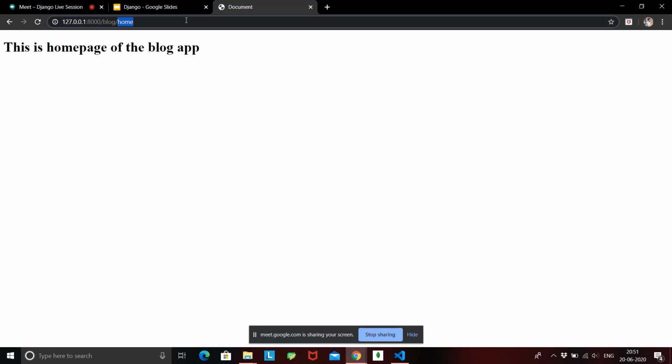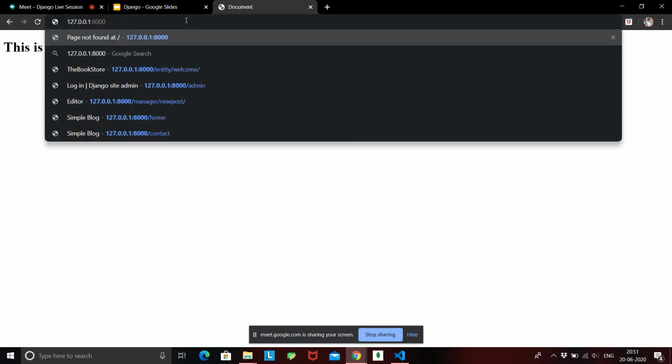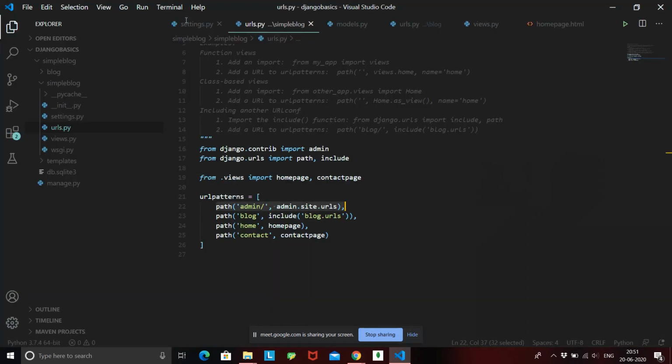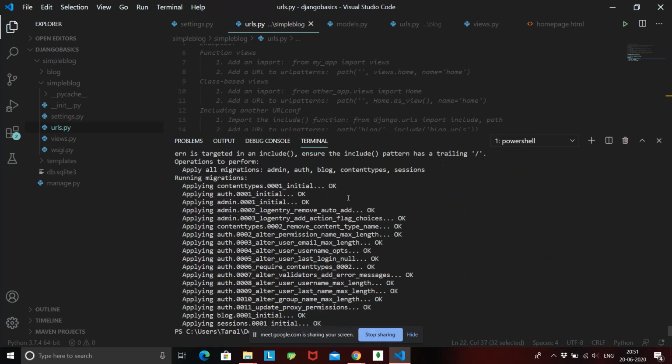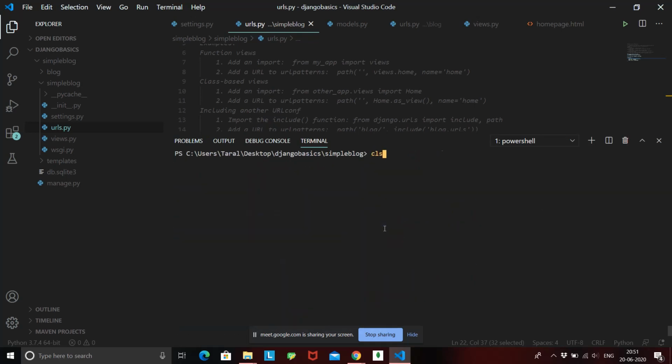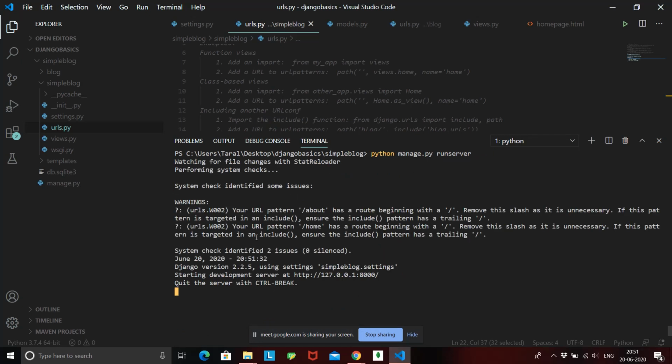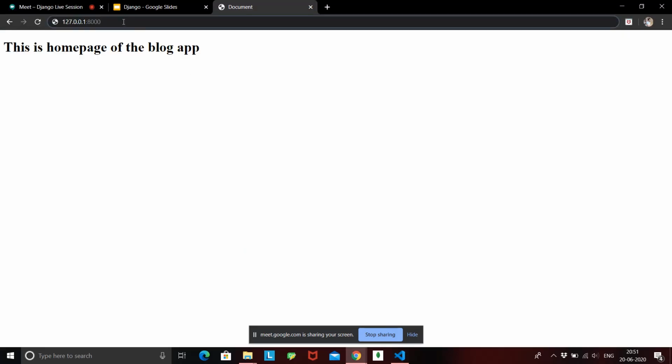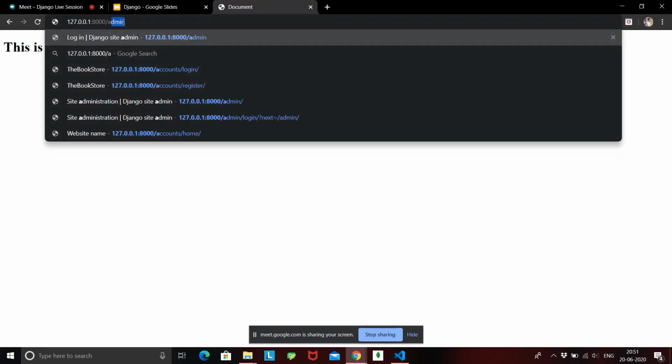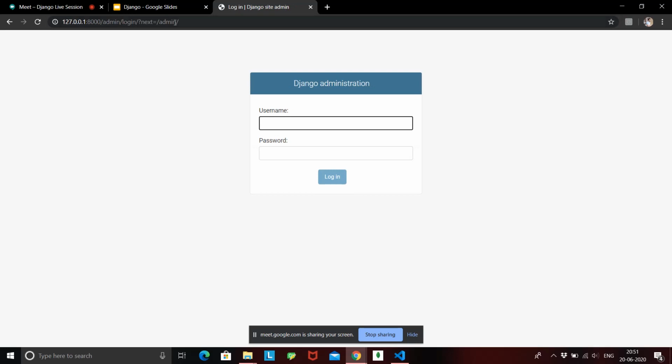Okay, before that we need to run our server, right? We quit the server. For that, let's run the server again. python manage.py runserver. Okay, so now once the server is running, what you need to do is go to slash admin, and this will take you to this page, that is Django administration. Everything in your project you can control it